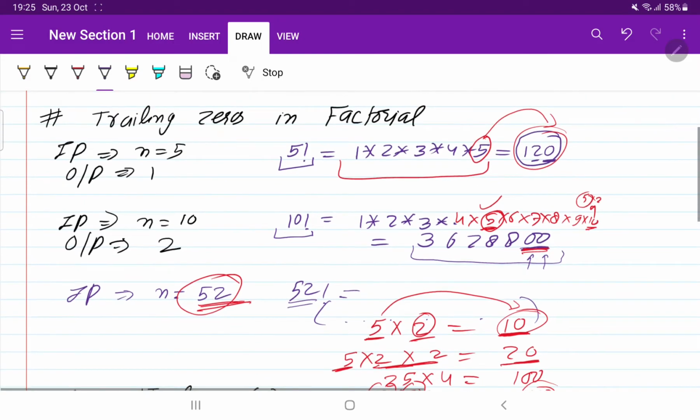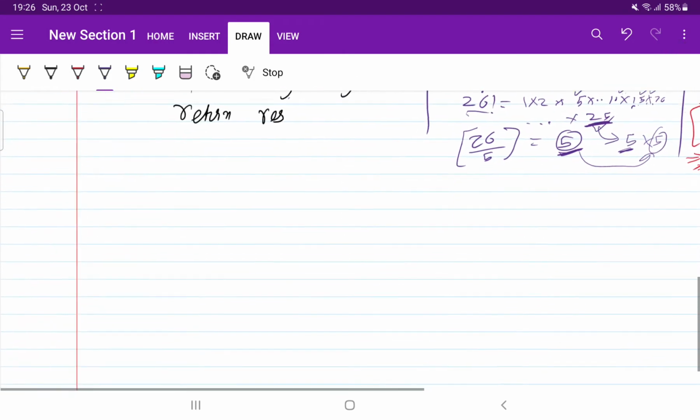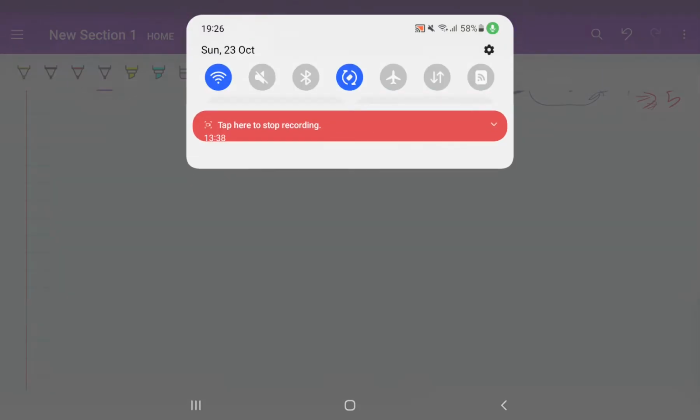But earlier, if you use this method, you have to go to each number till n and then multiply it. So it was taking order of n, and if the number was very big, we are going to fail in that case. We are not going to get the solution also. So this is one of the questions that we have discussed till now.